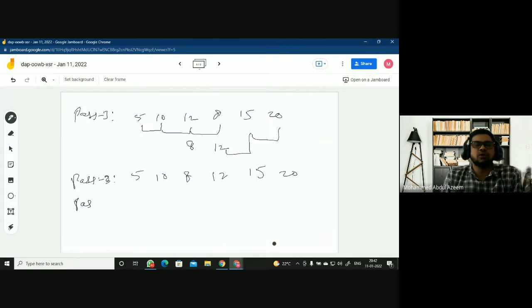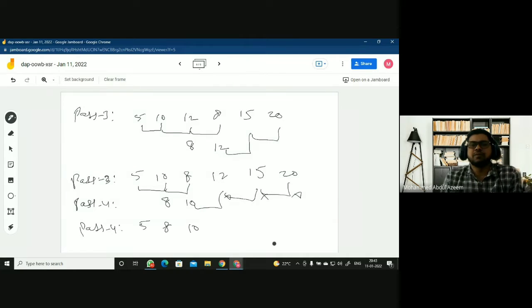So in pass 4, again I'll compare the adjacent elements. When I see the previous is not greater than the next, I don't make an exchange. Here you can see the previous is greater than the next, so you make an exchange. You'll get 8 here, and 10 here. Then here, no exchange, because the previous is not greater. Here, no exchange. Here, no exchange. The result of pass 4 is 5, 8, 10, 12, 15, then 20. Can you find the elements in ascending order?